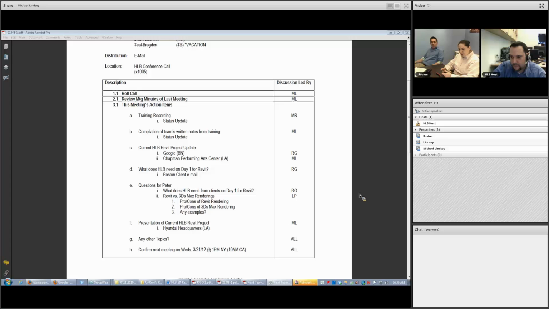I have zero updates. Revit-wise, we've actually moved backwards. Their Revit model has gone backwards. It has less information in it than the original model had. But everything should be picking up full speed on the 15th. The deadlines for that were pushed out a month, which, yay. So no huge news on that.